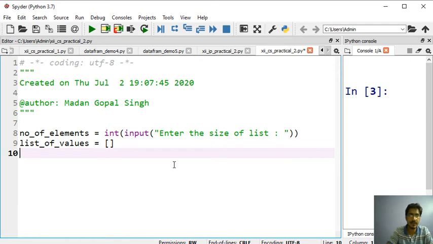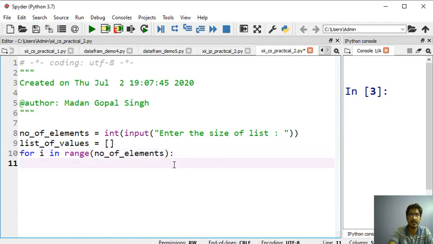Now we will take the input from the user. So for i in range, we will apply the number of elements here, and it will iterate number of elements minus 1 times, so that we can take as many values as the user wants. Okay, now we will take the value. Let's suppose elim equals, I am taking it as a float, so that it could work for both integer and float.